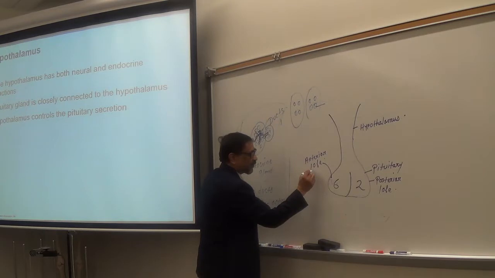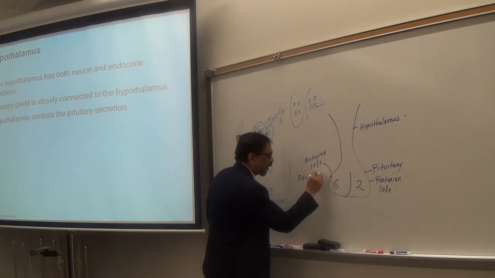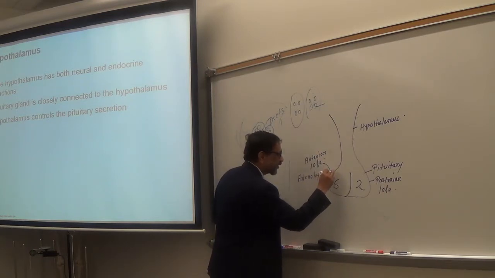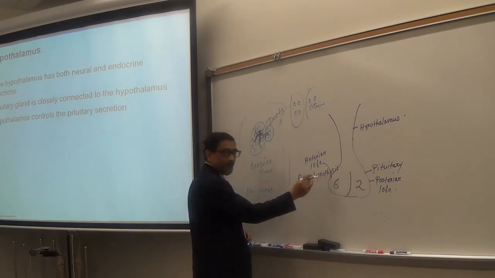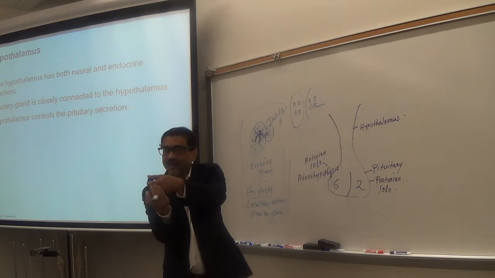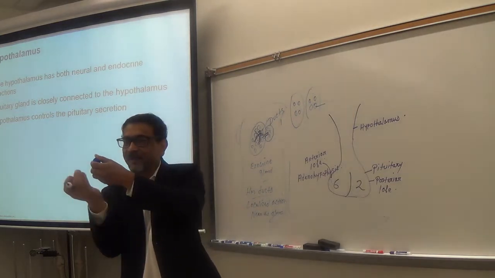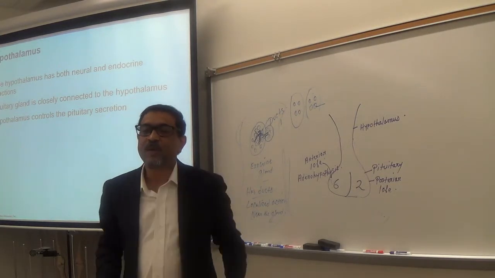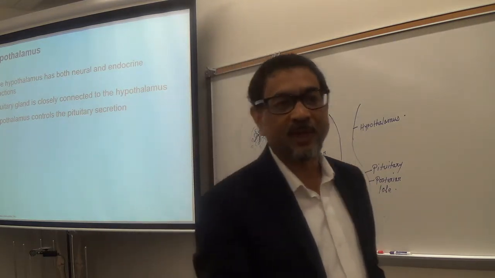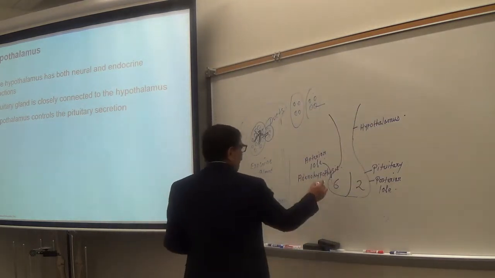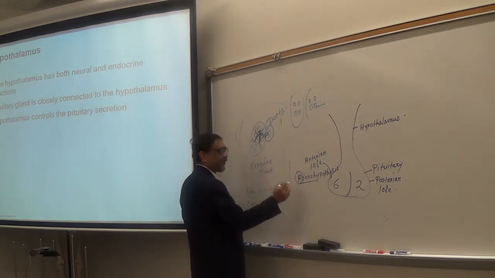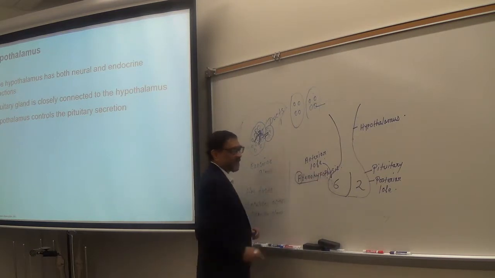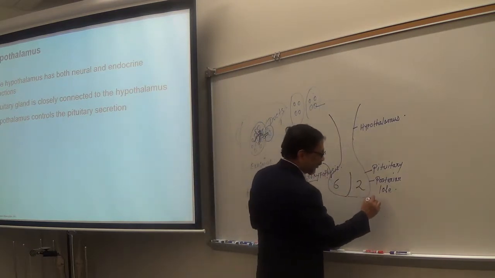The anterior lobe is also called adenohypophysis. You must remember, I mentioned many times, hypophysis is another name of pituitary, right? Remember the hypophyseal fossa in the skull? Remember that? Where the pituitary gland sits. So hypophysis is another name of pituitary. So the anterior pituitary is also called adeno. Remember, it starts with A, so anterior adenohypophysis. The posterior pituitary is also called